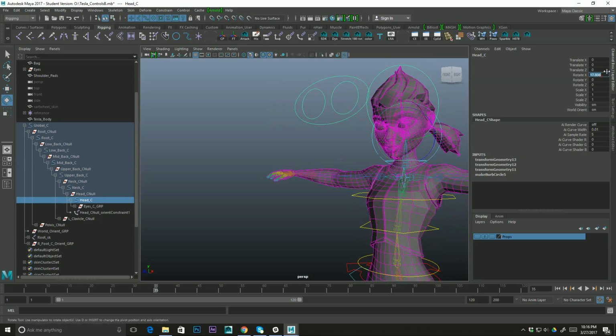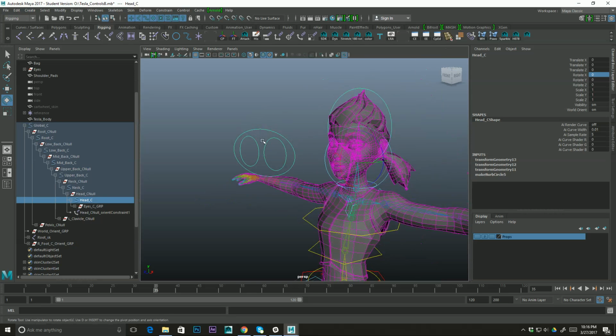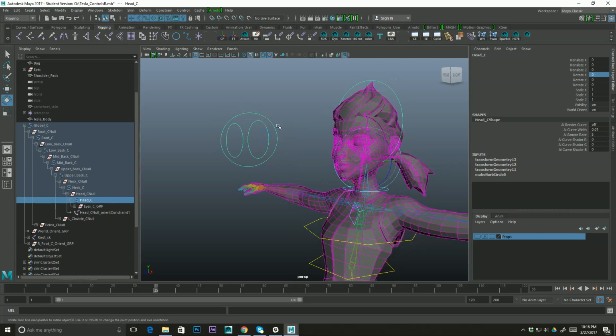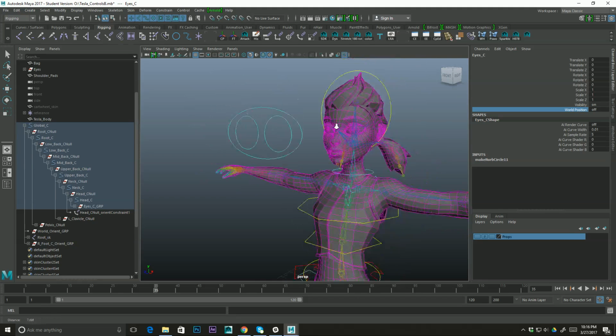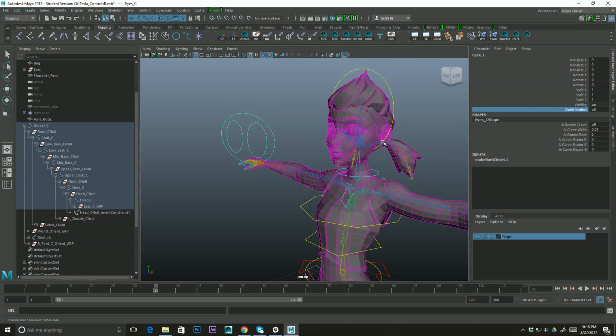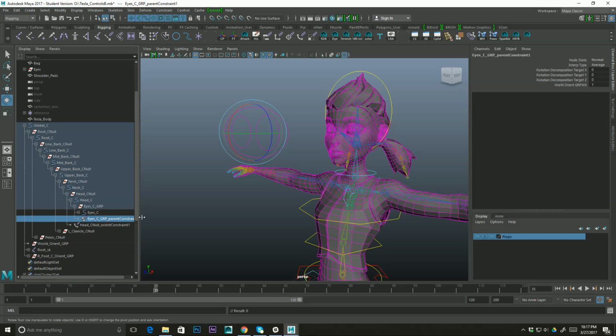So, but now we want that ability to turn that on or off. So all we're going to do is set up a connection between our world position attribute that we just created and our parent constraint node that we also just created. The parent constraint node is going to live in our eyes control group. We go back there, and if we open that up, we'll notice there's the node that we're looking for,